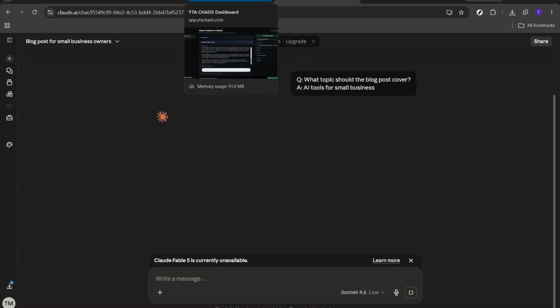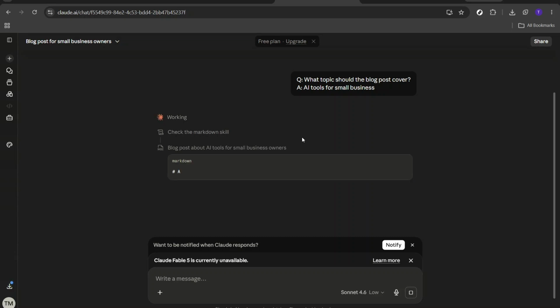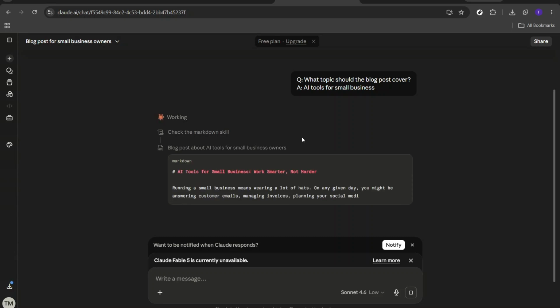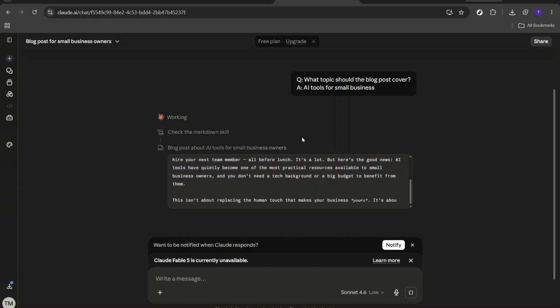Let's consider an example to tie these elements together effectively. Suppose you're writing a 1,000-word blog post for small business owners. You would communicate this to Claude by saying, "I'm writing a 1,000-word blog post for small business owners. I would like the tone to be professional, but also friendly." This concise instruction set guides Claude perfectly to understand your requirements, enabling it to deliver feedback and support that align